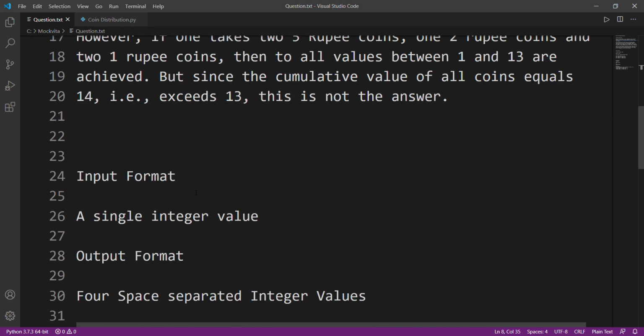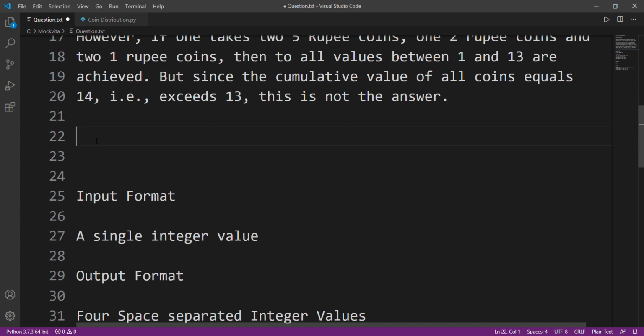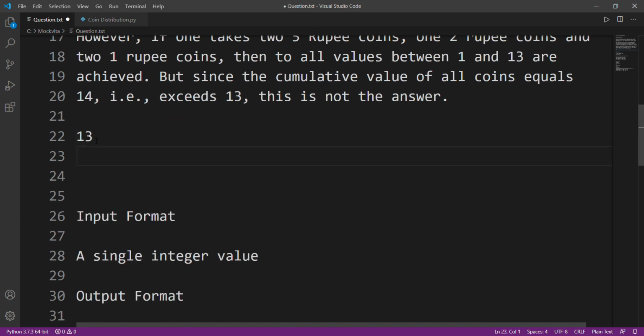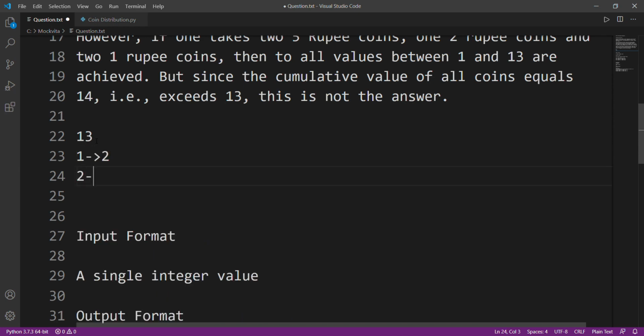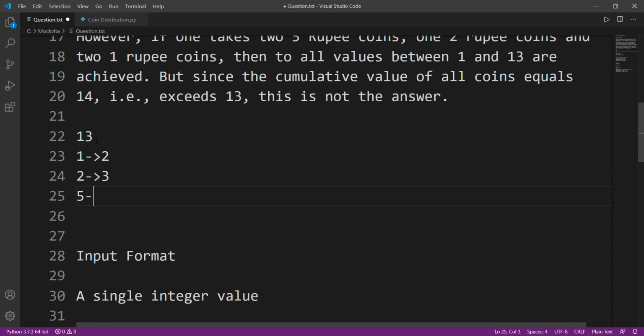Okay, let's take an example. Suppose we have a number 30. Now if I take two 1 rupee coins, three 2 rupee coins and one 5 rupee coin, then I can make all the possible values ranging from 1 to 30. Let's just randomly test out a few of them. Suppose you want to make 10, then we can use 1 five and 2 twos and 1 one. That will make 10, right? And if we want to make 8, we can simply use 3 twos and 1 one, or 1 five, 1 two and 1 one. There are many ways possible.